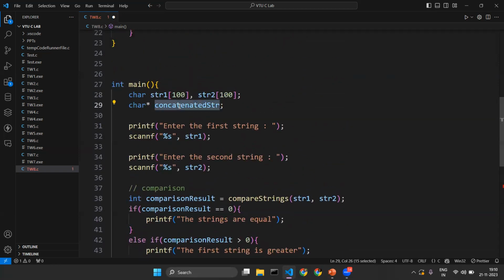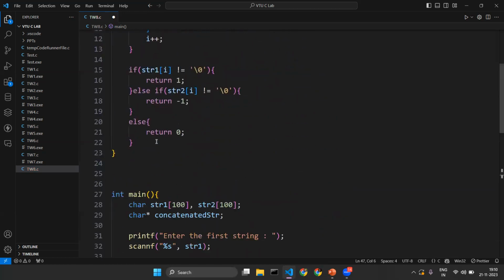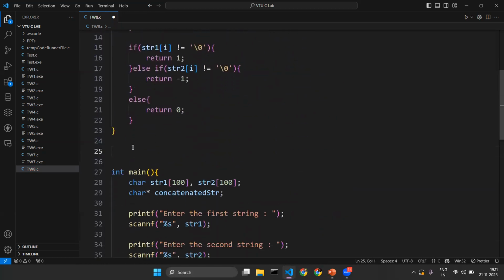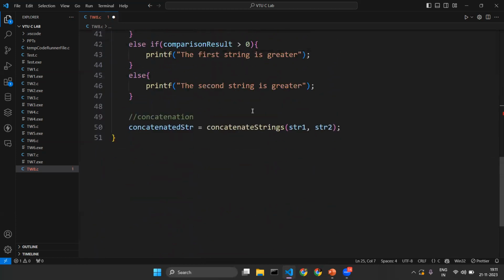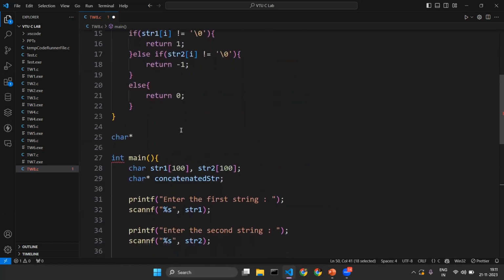We have declared this string for this purpose only, so that it can return the string. So char star, you know that a string can also be represented as a character pointer. Char star, I will say this name, concatenate string,